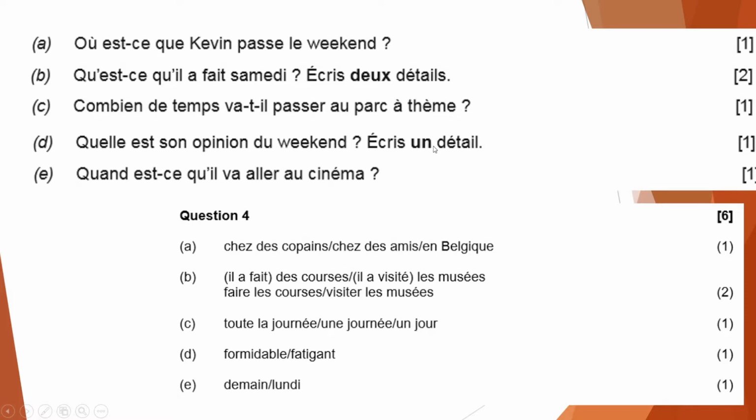What is his opinion of the weekend? The two details, they would have accepted either formidable, which means sort of excellent or brilliant, or tiring. And then when is he going to the cinema? There was that word there, demain, because that means when. Or you might have worked out the fact that that was Monday, because he talked about Saturday and Sunday, and therefore the next day is Monday. Okay,